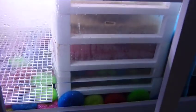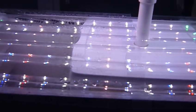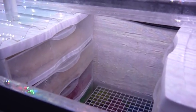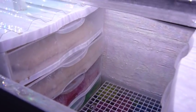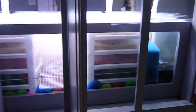What I did on this setup was got the standard Walmart trays and just simply piggybacked off the do-it-yourself idea. I made the lids in sections where I'll be doing the maintenance at, and I can simply pull these drawers out and clean them, shoot them with the hose and put them back in. So I have 3 of these containers, 2 there and 1 over here,